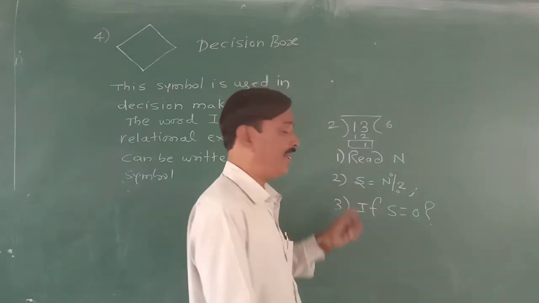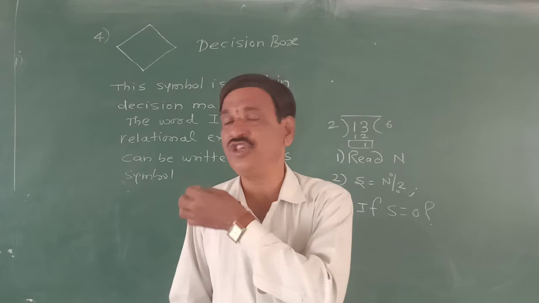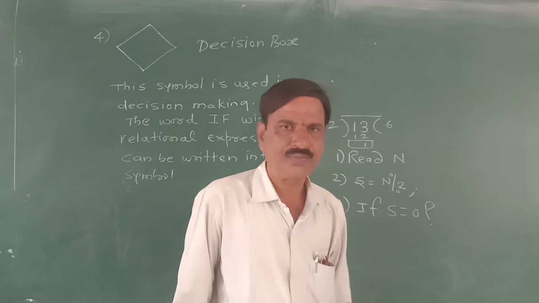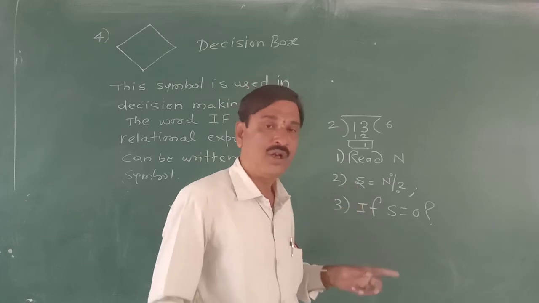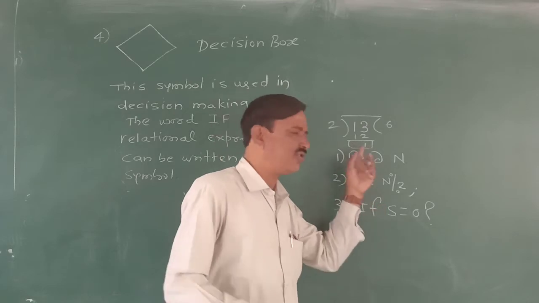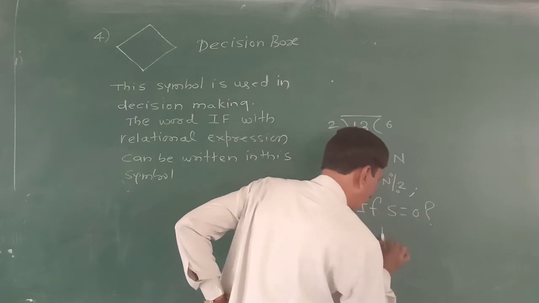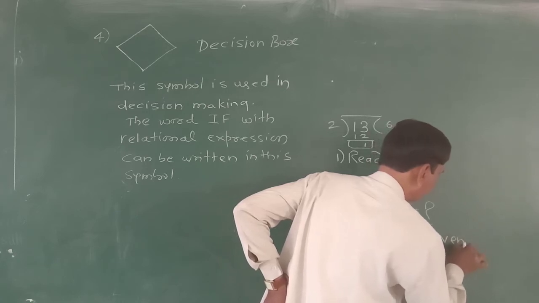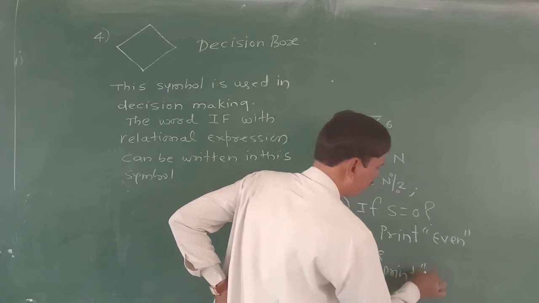You see, once again, what the computer is doing, whatever we are instructing. Our first instruction, read n, the computer will accept n from the keyboard. Now divide that n by 2, the computer will divide. Store the remainder in yes. Now we are asking a question to the computer. If yes is equal to 0, the computer will say either 0 or 1, depending upon the input we have given. So if yes is equal to 0, we are instructing the computer to print even. But if the computer says no, then print odd.